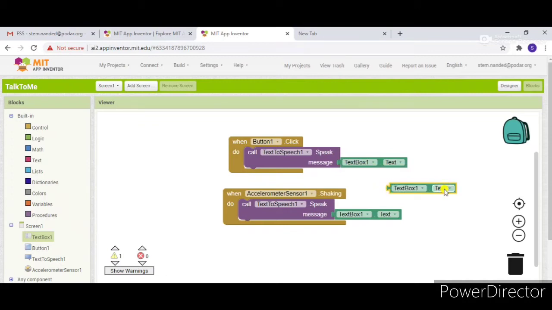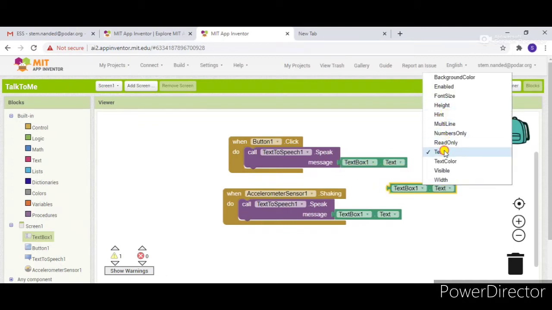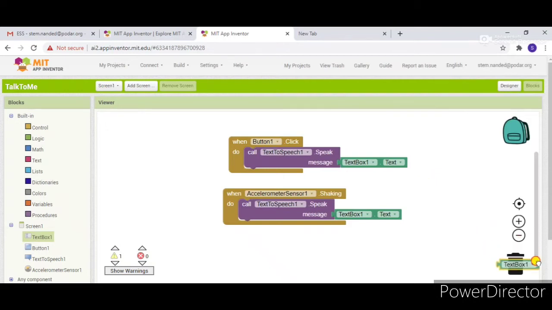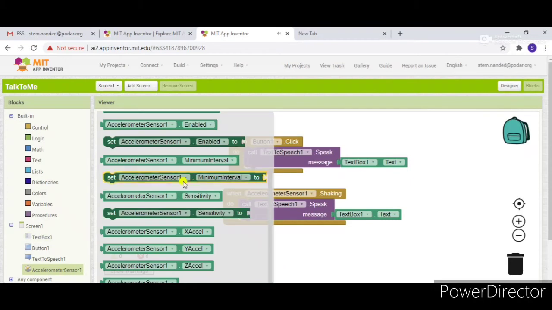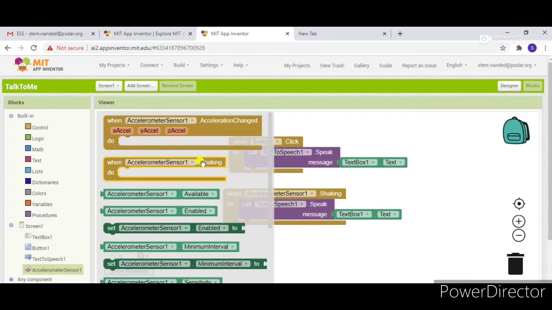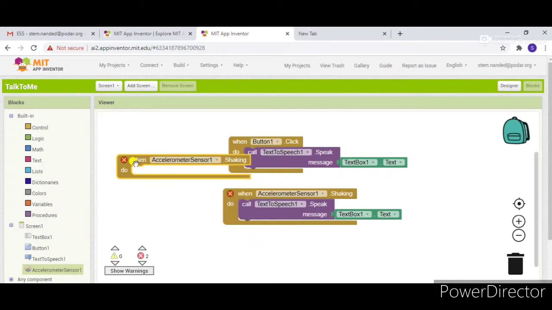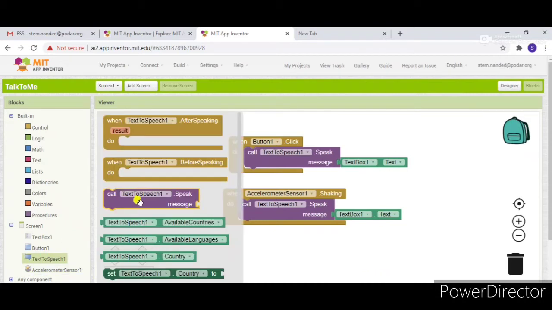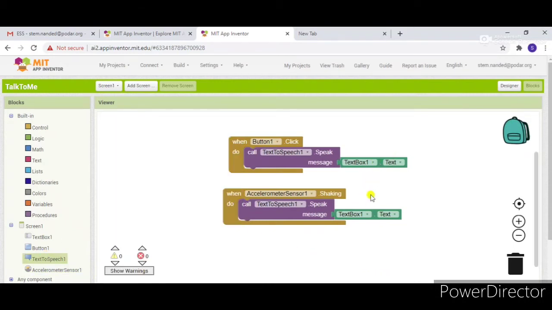Then for the next event, accelerometer shaking, just click on the accelerometer. You will get the second event, shaking. Shaking means when I shake the mobile from one direction to another, that time also call text to speech speak message. Which message?